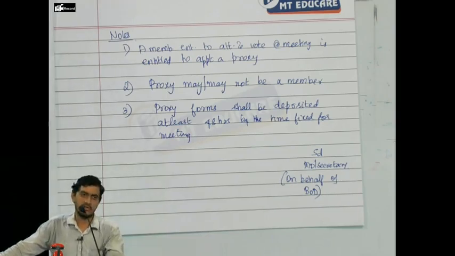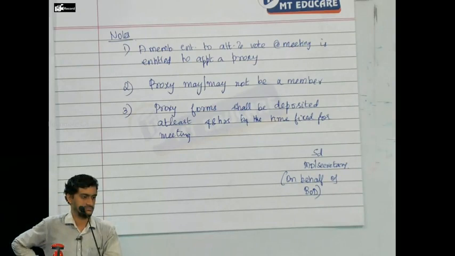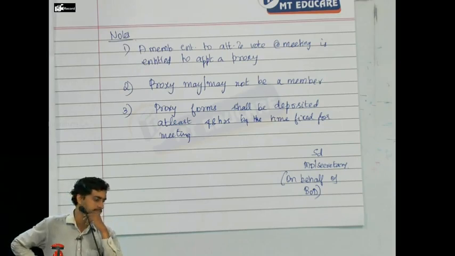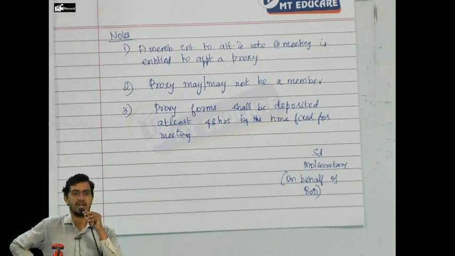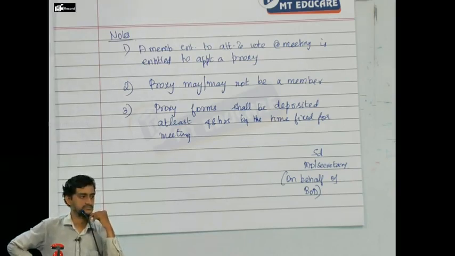I have given you the format. I will give you one homework also, take it. Draft a notice to convene the 16th annual general meeting of the members of ABC Limited,